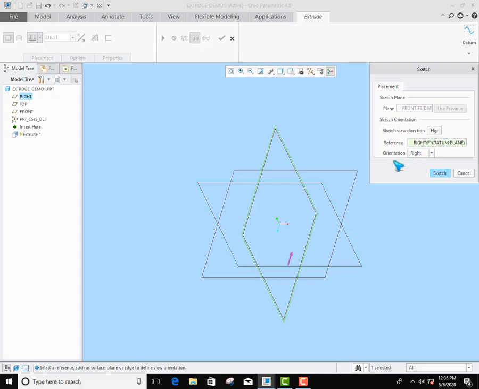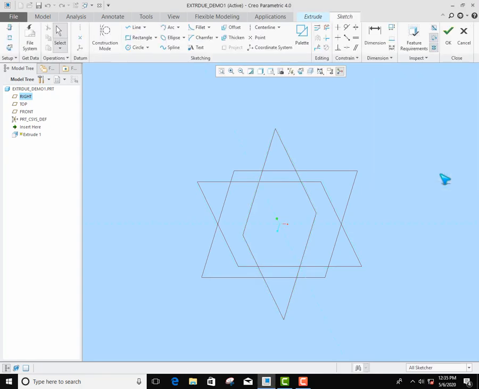And reference: by default it will take the reference planes based on the primary plane whichever you select. So here you need not worry. The only thing is, if you want to change the orientation as per your requirement, then only you have to worry, and you have to select the required orientation here. In this tutorial, I am selecting the default orientation available here, and click on Sketch.